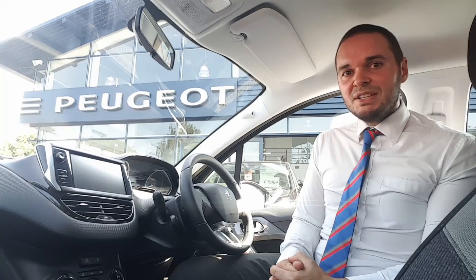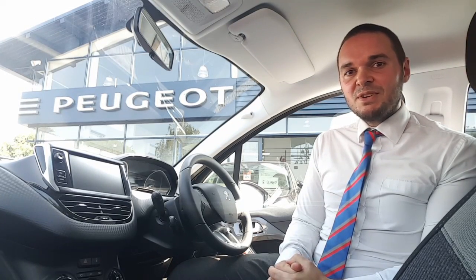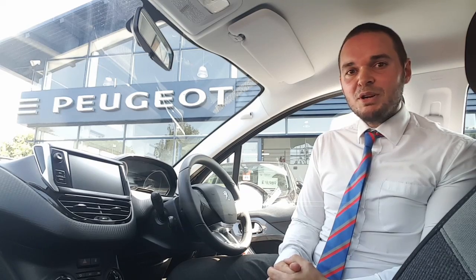This car's got the 1.2 litre PureTech engine that gives you 82 horsepower. It's done less than 6,000 miles, and if it's of interest to you, then please get in contact with us at Howard's Peugeot in